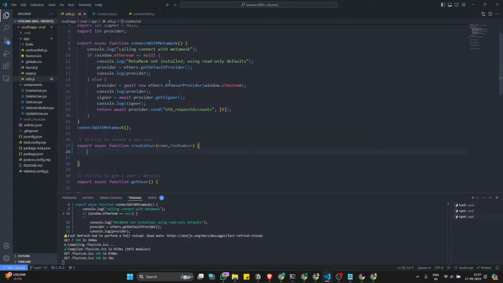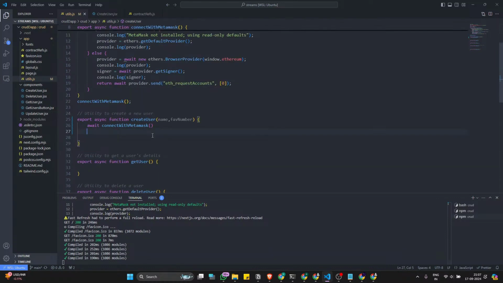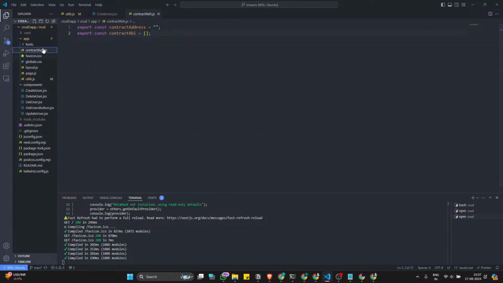Now just to make sure that the application is connected, we can just call connect with MetaMask again. Now we need to create a contract instance, and to create that we will need the deployed smart contract address and the ABI for our smart contract,